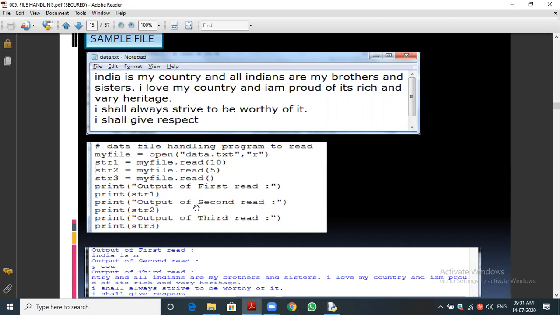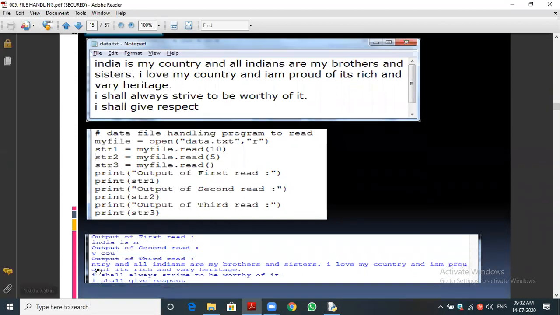If we don't mention any argument, all the characters will be read and stored in str3. So str1 contains India is M, str2 contains Y space COU, and str3 will contain NTRY and all Indians are my brothers. All the characters will be stored in str3.